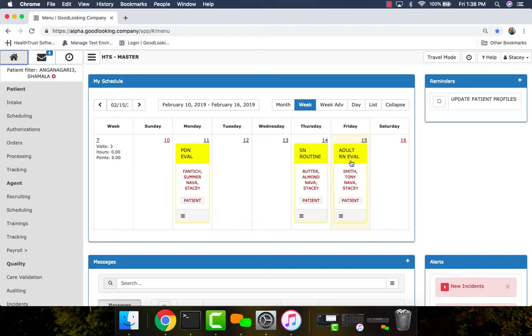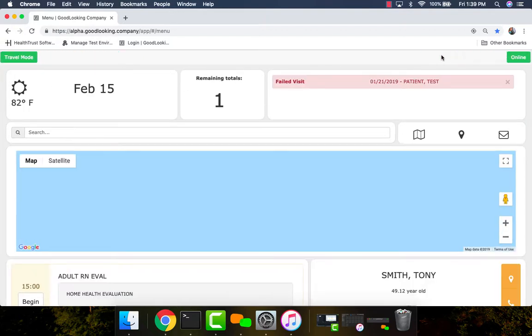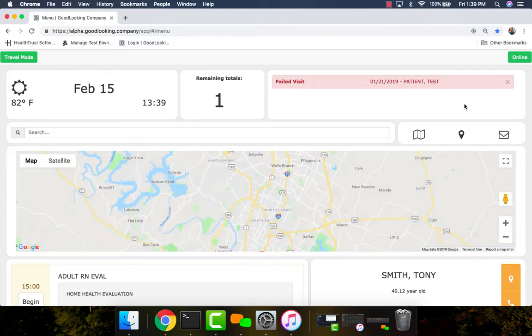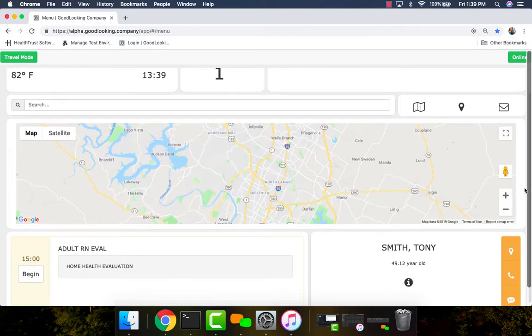So we're going to move into kind of our nursing hat at this point. Generally, every morning, Stacy's going to wake up and open her tablet, her computer, to get her schedule for today. Today, she just has the one visit. And at that point, she can go into travel mode, and that allows her to go put a